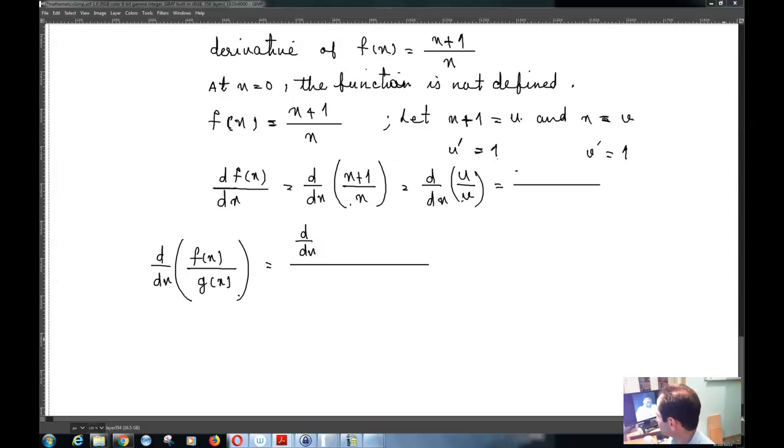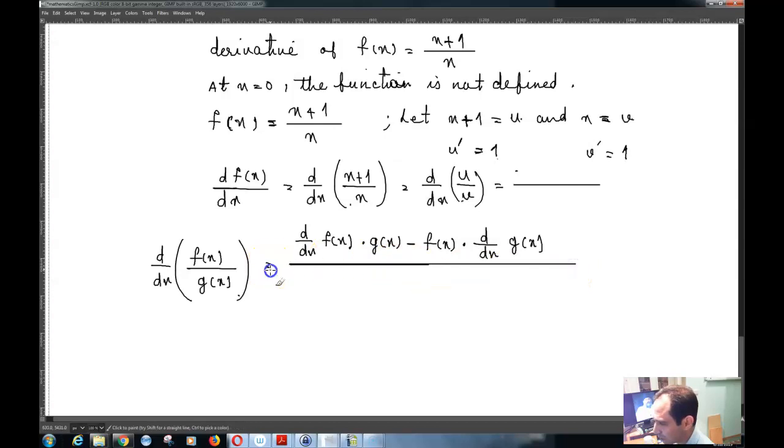So we said that if we have d by dx of f of x by g of x, it is d by dx of f of x times g of x minus f of x times d by dx of g of x. Okay, and then in the denominator you will have g of x whole squared. So now if I set f of x equal to u, and g of x, if I set that to